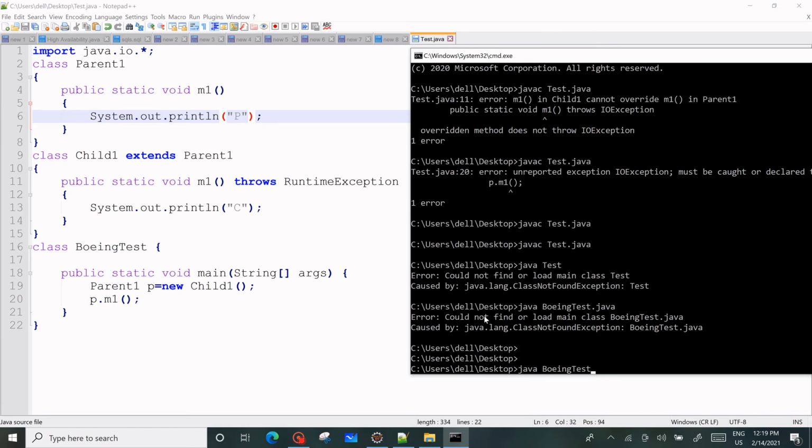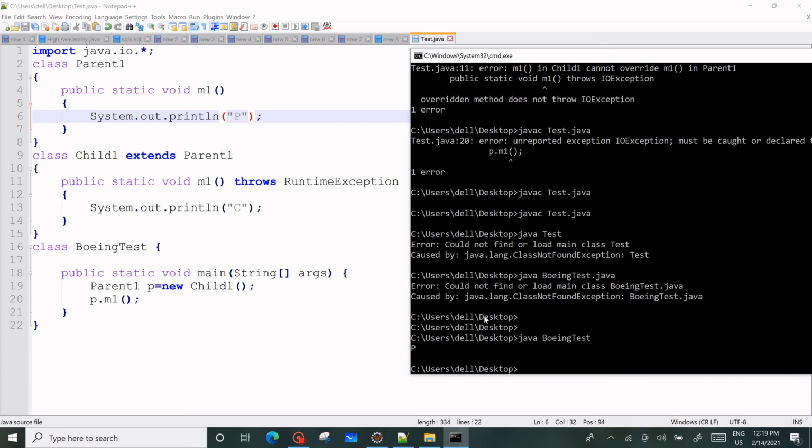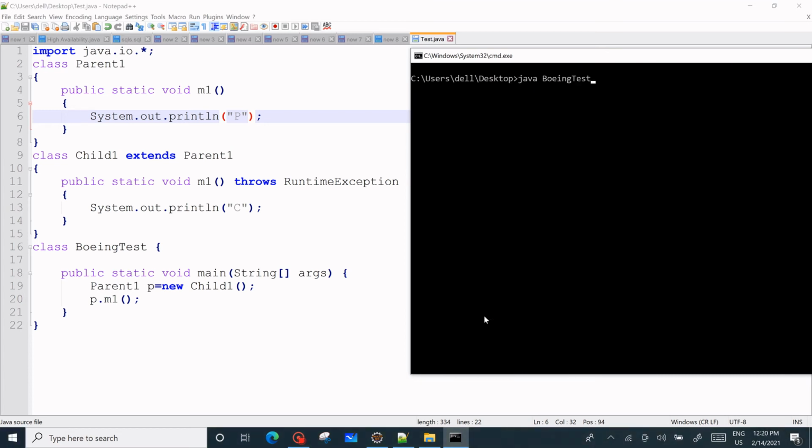We have to compile. Yeah, now the value is coming clearly. You do not have to worry about this. The program file name is Test.java, and the main class, where the main method is written, is Boeing, so we run java Boeing. Now enter, and you see the value.